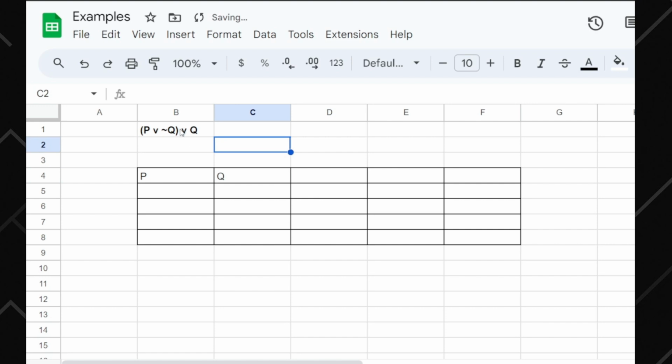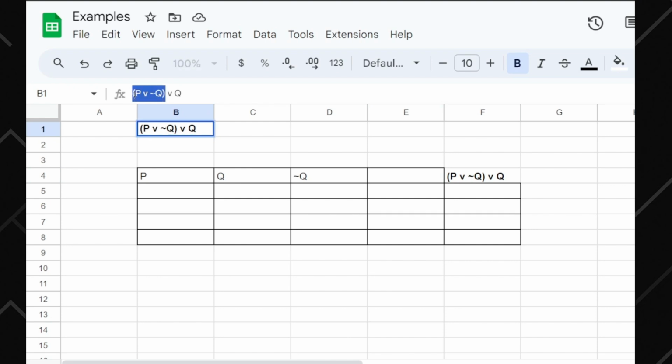Now the main connective is this or, which means the final statement is going to be this whole thing, right? P or not Q, that whole statement, or Q. Let's slowly build up to that. So we have a not Q in here, so let's put that right here, not Q. Okay, and now the next part is this full statement, P or not Q. This whole beginning right here. I'll just copy and paste it